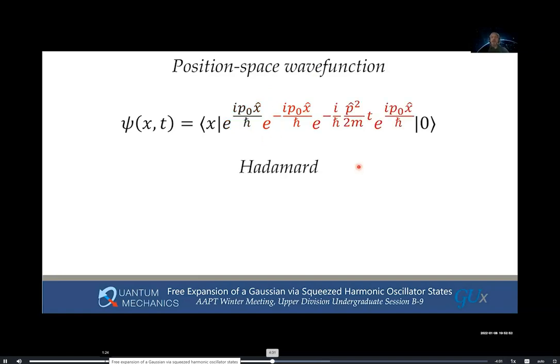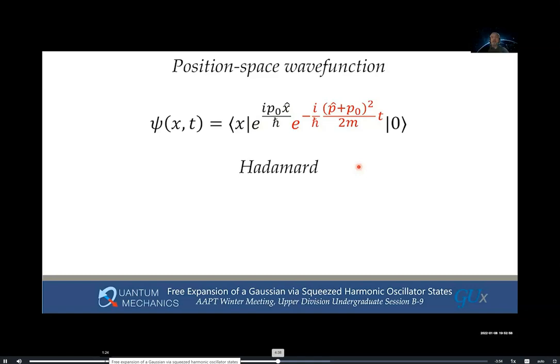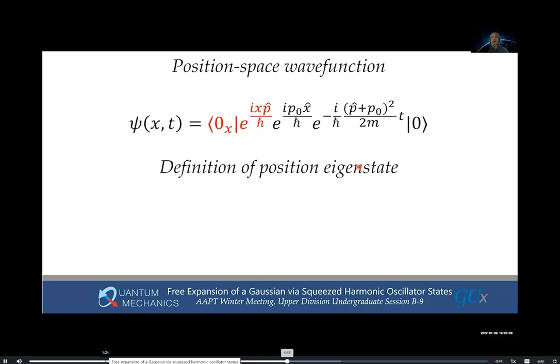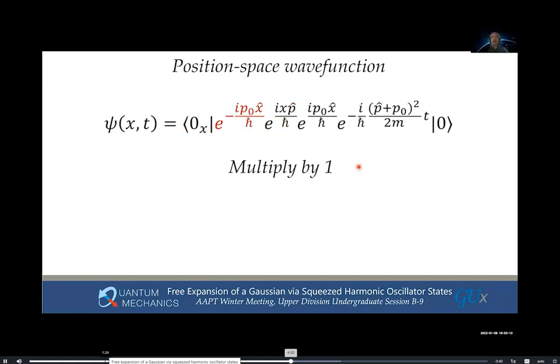Then I'm going to group these, recognize this is ready for the Hadamard identity. You apply the Hadamard identity, that just shifts the p by the p operator plus a p0 number, okay? Now, the next thing I'm going to do is take that operator, that state x, and replace it by the state at the origin with the translation. I'm going to now multiply by 1 again,